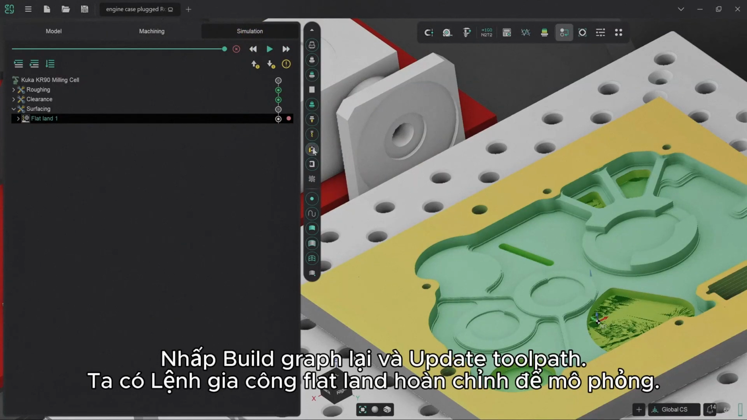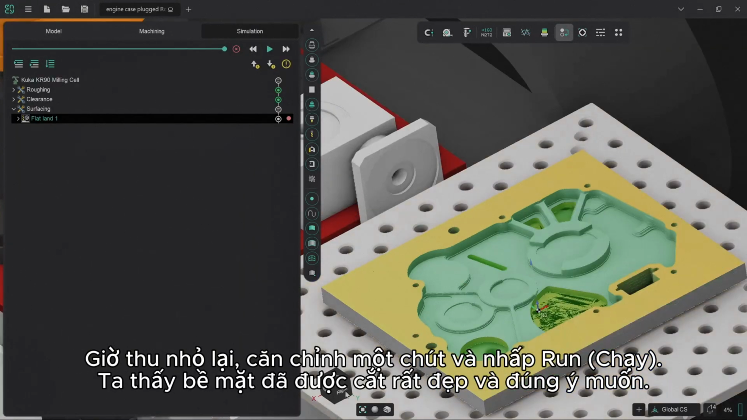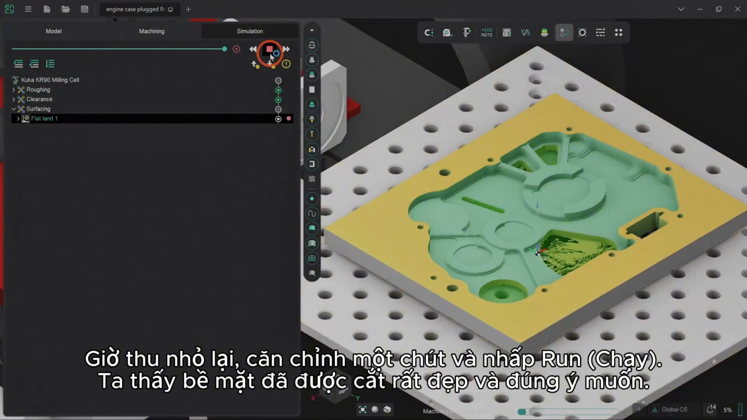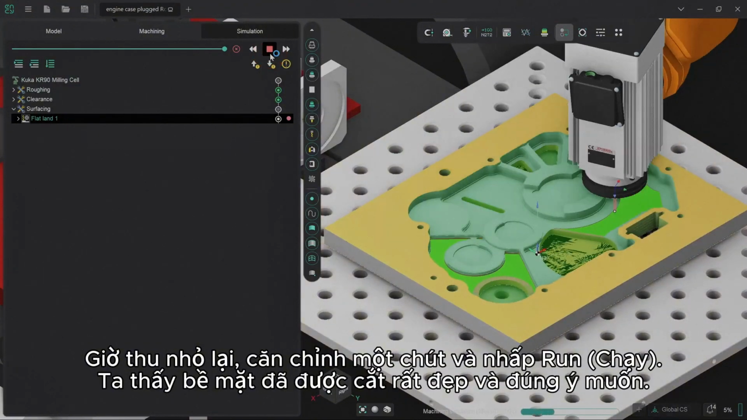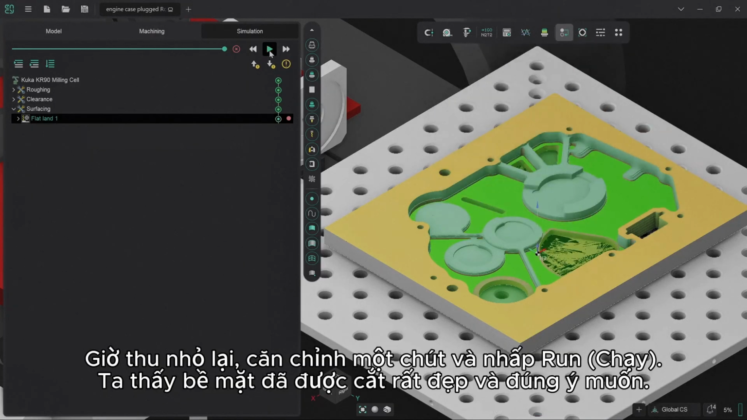and we should have a nice, clean, readily simulatable flatland operation. So if we zoom out a little bit now, just straighten that up slightly and run, we should see now that that's coming up nice and clean and close to where we need it to be,